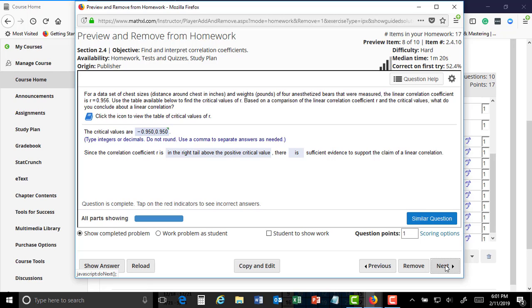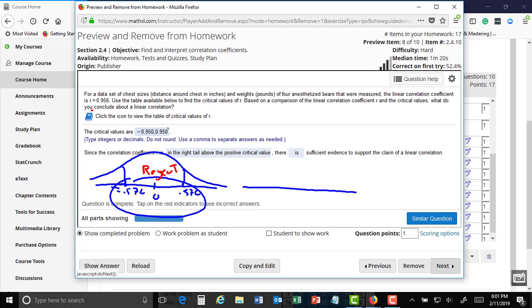so look at this R, it's 0.95. Right, and 0.956, you see that? So let's just do it right here. Look what I got. I have 0, right? And this is almost plus and minus 1. Okay, if that's the critical values, then I look to see where my R hits. Where's it hitting? Well, it's 0.956. So I would say it's just a hair over here, would you? So the right tail above the positive critical value, that's the right tail. Yes or no? I got a feeling no. Yes? Okay,